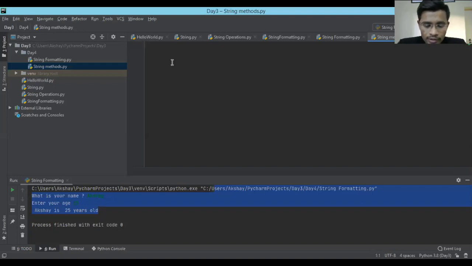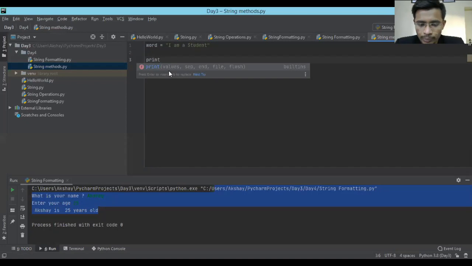With this, I'm going to take a string. Let's say word is equal to a normal string: I'm a student. So this is a cool statement. Now I want to know the length of the string, so I'll directly print it.